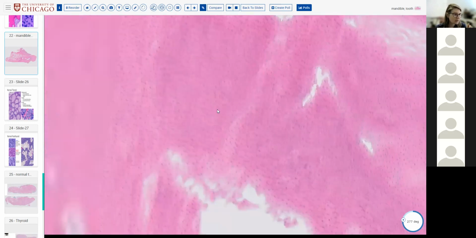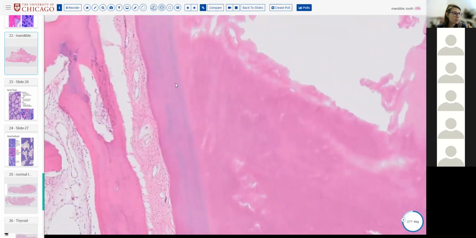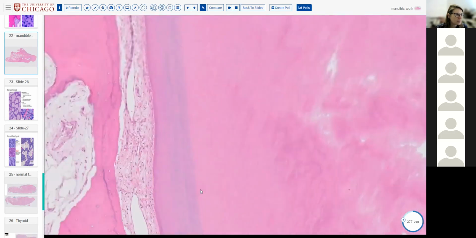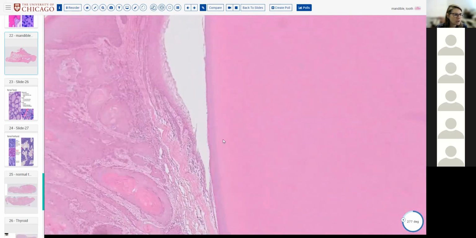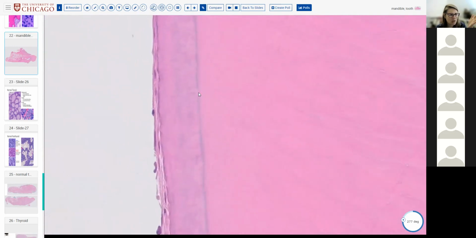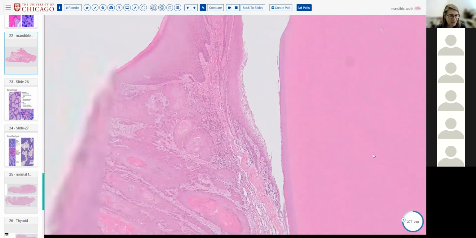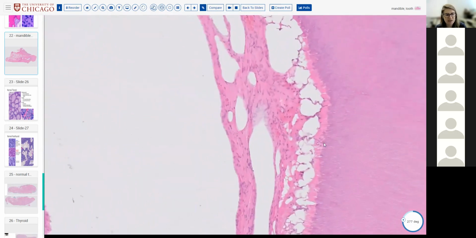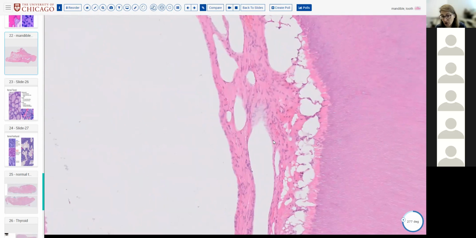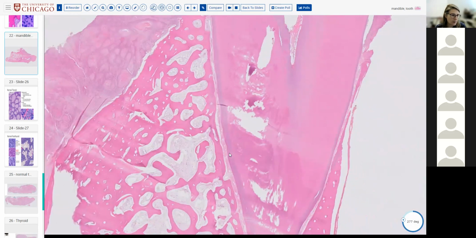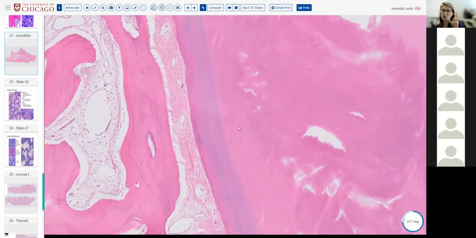Out at the periphery, you may have some enamel. Let me go out to the top. Here we go. This purplish structure has almost a water line, like a line of demarcation. That's the enamel. And then in the center of the tooth, you have your pulp cavity, which is a mixture of mesenchymal tissues, vessels, nerves. So think about those of you who have had cavities or root canals. The thing that holds the tooth into the bone